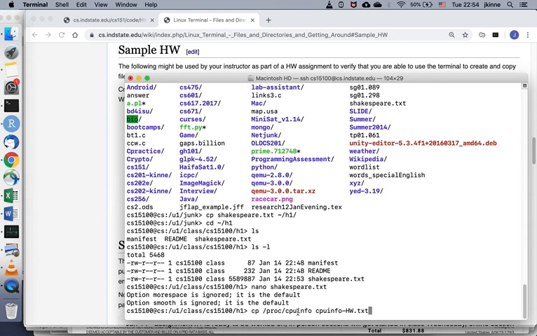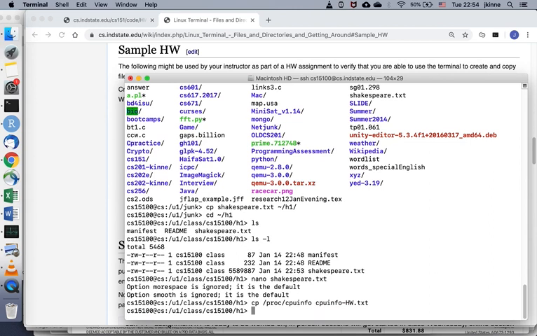Okay, so this is a file. It doesn't have a .txt, but it is a text file. So this is a file that is in this directory, and I'm going to copy it to the current directory, H1, and I'm going to call the file this. Okay, now I could look at that file,